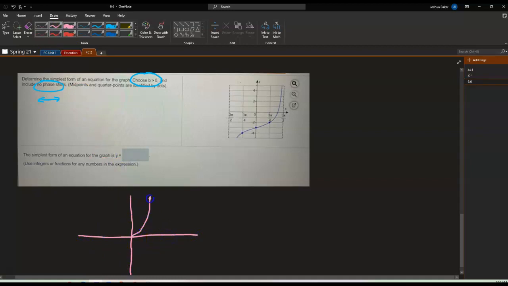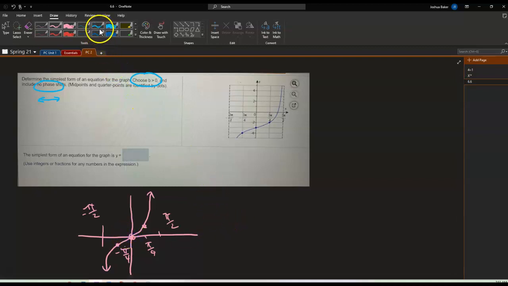The regular tangent function looks like this. It's going to have an asymptote here at negative pi over 2 and at positive pi over 2. And it's going to hit 1 and negative 1 at pi over 4 and negative pi over 4. Notice that it also hits the origin. So what we're tasked to do is to